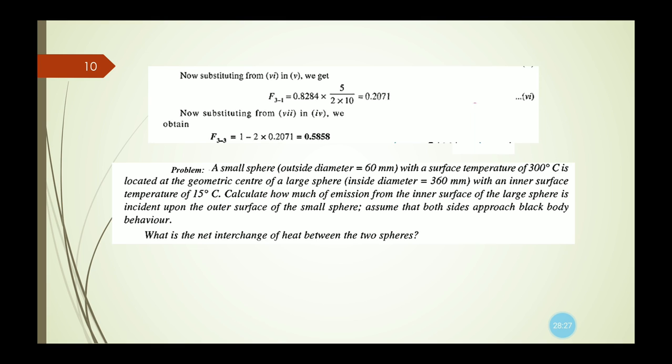Now if we put this in the earlier equation, then we can finally calculate the shape factor of the curved surface of the cylinder with respect to itself, that is F33. This is equal to 1 minus 2 F31, which comes to 0.5858. So this is the final value of the shape factor of the curved surface of this given cylinder with respect to itself.